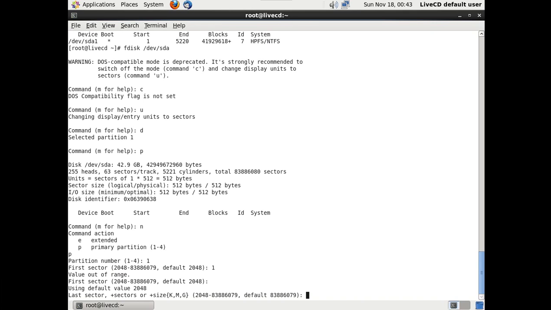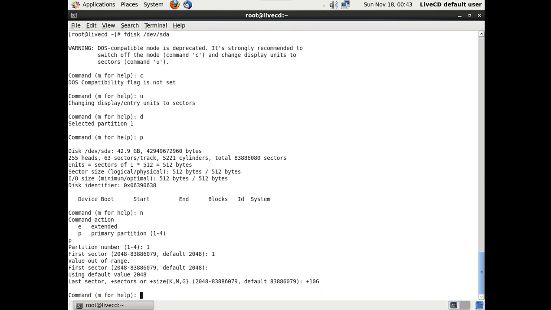I should have been able to enter a 1. If this doesn't work, that's going to suck. Normally I can do that. I don't know why I can't. We made it 10 gigs. So plus 10G. Okay? So, now,